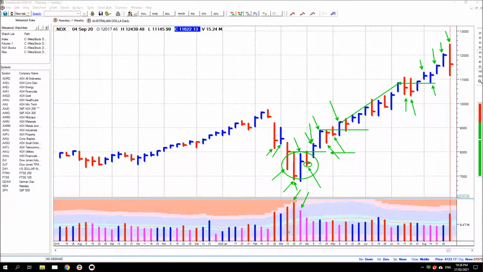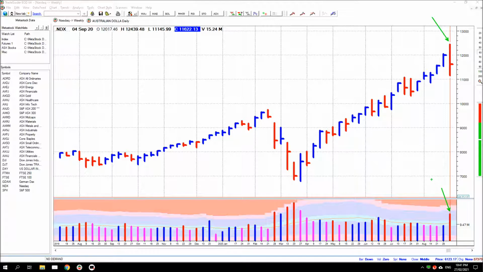Now you can see from the lows, the coronavirus lows to September, price has almost doubled. It lost 25 to 30% in the coronavirus initial push lower, where there was considerable buying emerge, and then price almost doubled up to September. But this bar, you can see that volume has increased considerably, spread has increased considerably.